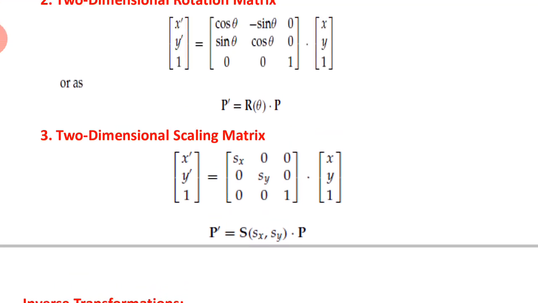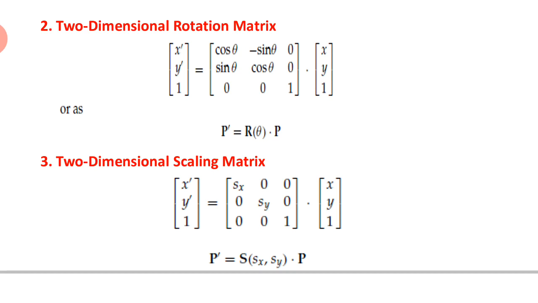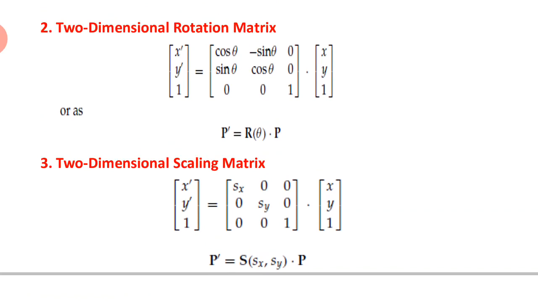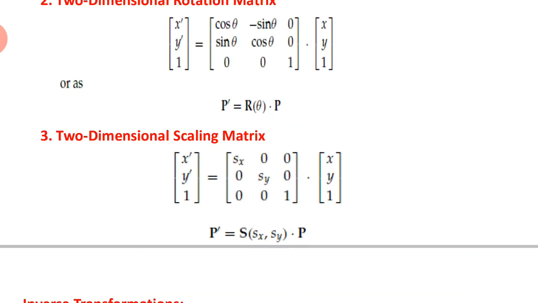So this is the representation of translation, rotation, and scaling of 2-dimensional in terms of 3 cross 3 matrix by using the concept of homogeneous coordinate system representation. Is it clear? Please do remember all these matrices. Later we will convert this 3 cross 3 matrix of 2-dimensional into 3D. At that time we need to write these matrices as 4 cross 4, which we will discuss in the next lecture.